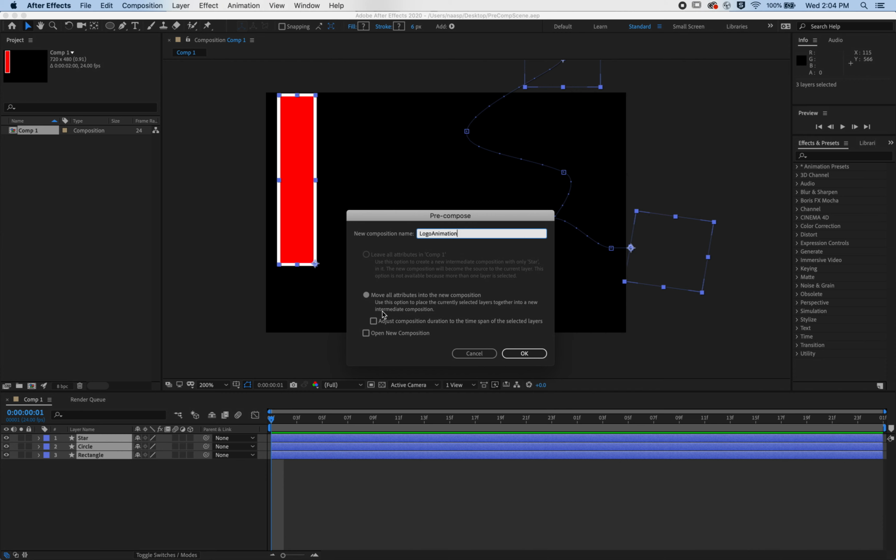And you have a couple of options. The first option is leave all your attributes in composition 1. Usually not the goal of doing a pre-comp. The goal of doing a pre-comp is to get everything into its own separate composition, and then you can work with it as its own entity rather than having it still in individual pieces in the main timeline. Usually what you want is move all attributes into the new composition,